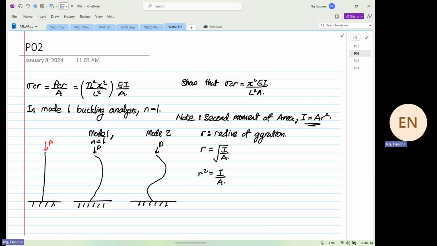A student asked me, it was you, right? You asked me, are we just going to look at what sort of deflection? The deflection that we are going to focus on down here is only mode 1, i.e. the onset of when buckling will occur. We don't care if it's an S shape or what. Once the onset of buckling occurs, it will